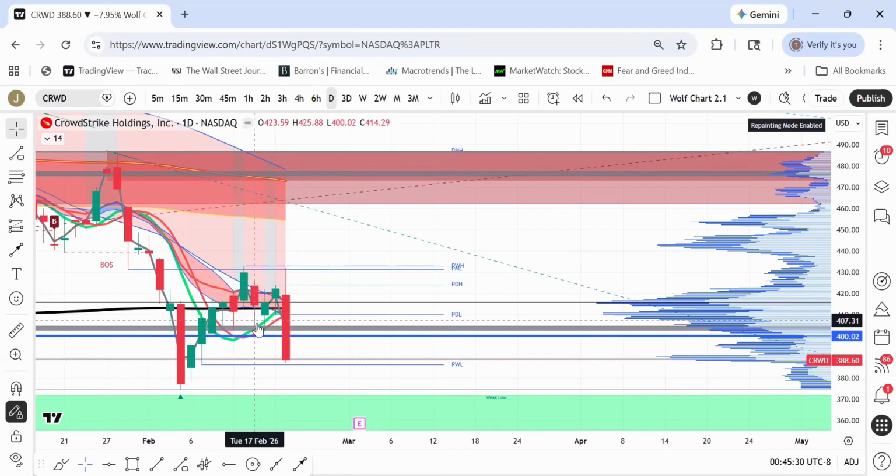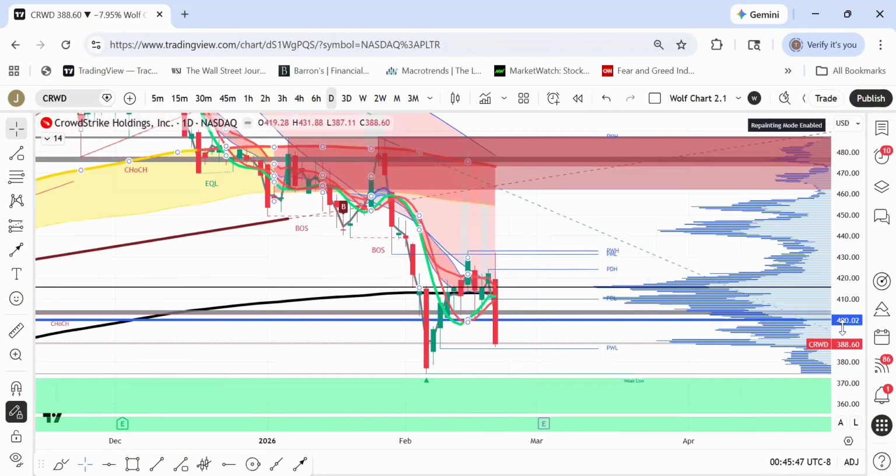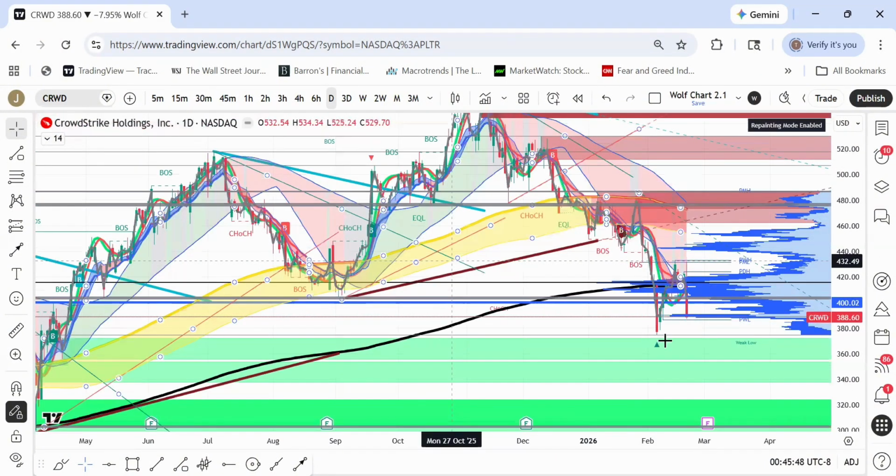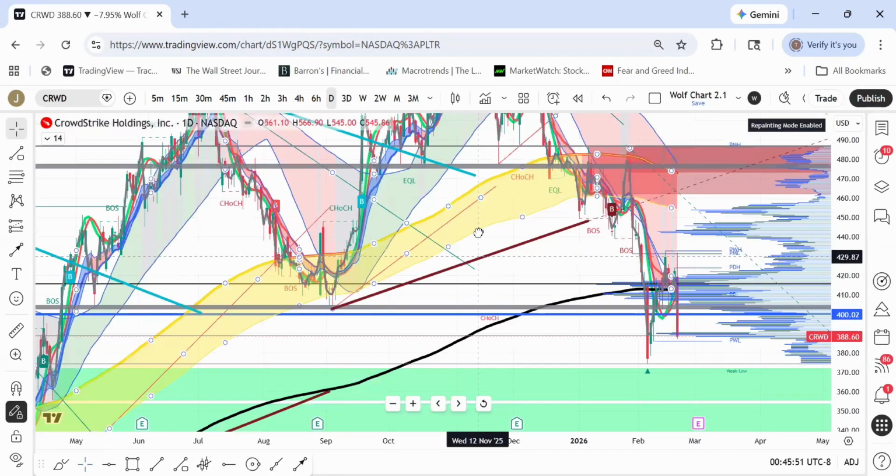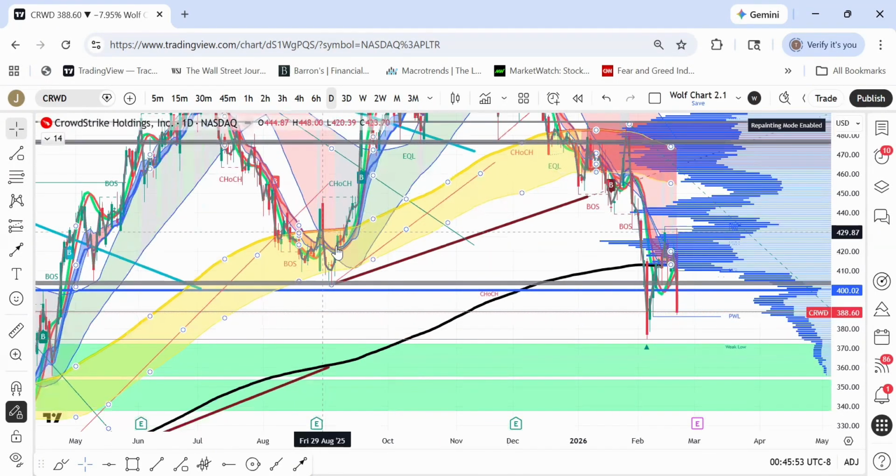That's why we came back down, tested the WTMA and historical support, and we've never been able to reclaim that 12 cloud. Now, if you look at this big red candle, we've been chopping. We just sold off, which was today. Now, if we look back, let's look at the last time CrowdStrike was at this area. The last time they tested this area